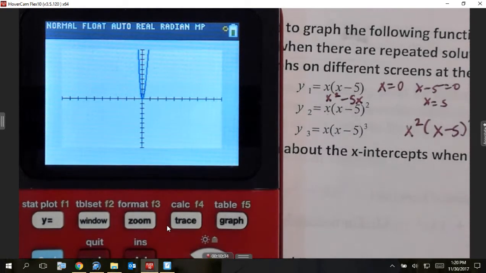What is happening at the x-intercept that is at 0? The x-intercept at 0, what's happening at it? It looks like a little parabola there. It comes down and bounces right back off. And then what happens with the x-intercept of 5? It looks like we've got two parabolas because each of these